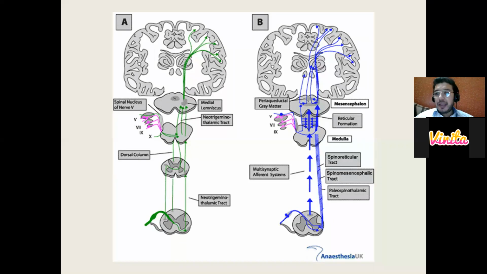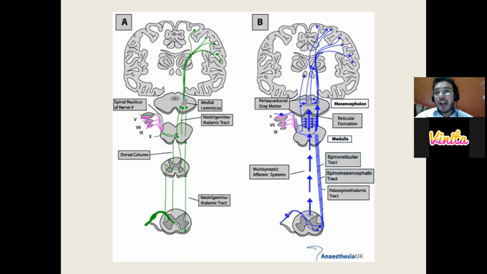That is why you have to understand that every pain you cannot localize. Now I hope you understand why, in dental pains, a few pains you can localize and say I have this pain, and a few you say, no, I don't know, but I'm having pain all over the jaw, which is a referred pain. So why is pain specific? If the pain is carried by A delta, it is always specific. When the pain is carried by nociceptive C fibers, it is not specific. It is the dull pain.